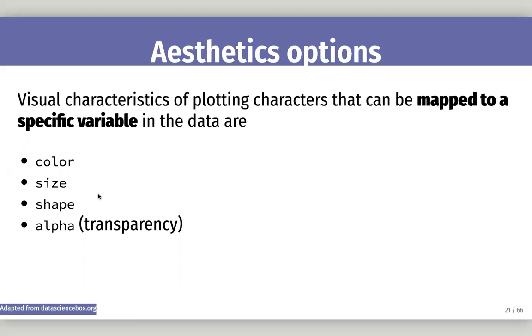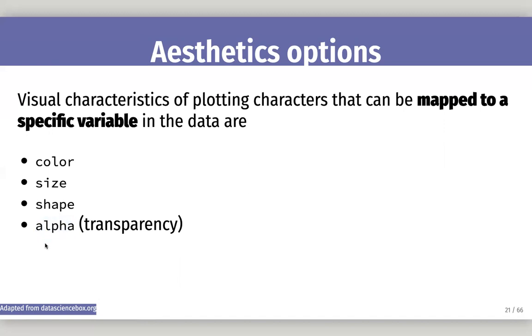So basically the aesthetic options, these are visual characteristics of plotting characters that can be mapped to specific variables in the data. So essentially color, size, shape, and alpha, these are the most common ones, where you can take a variable in your data set and color points based on that variable, or have different sized points based on that variable, different shapes of your dots based on that variable, and different alpha is basically the